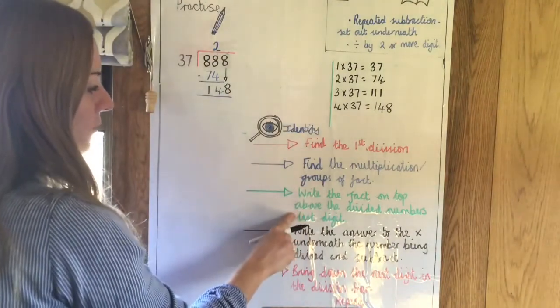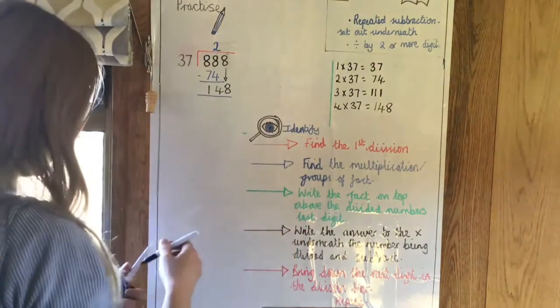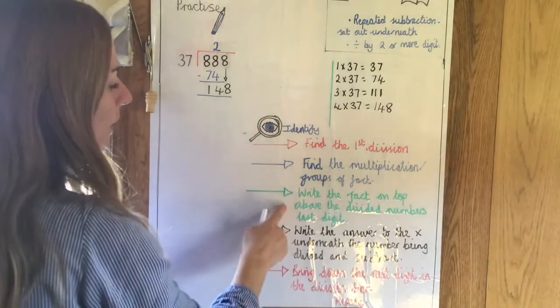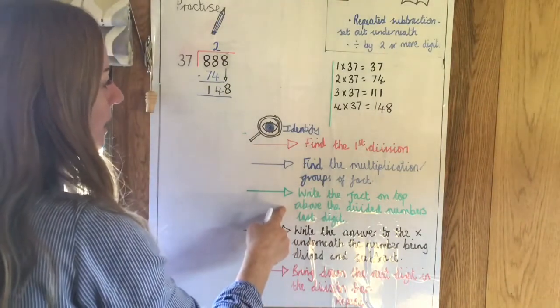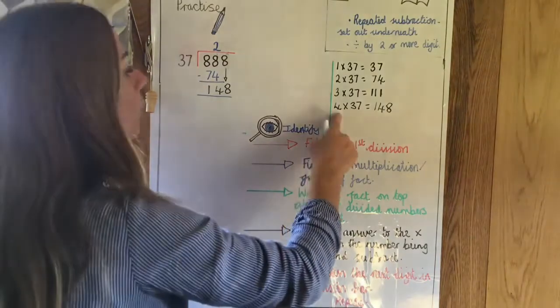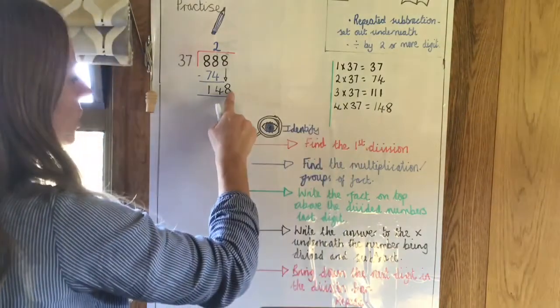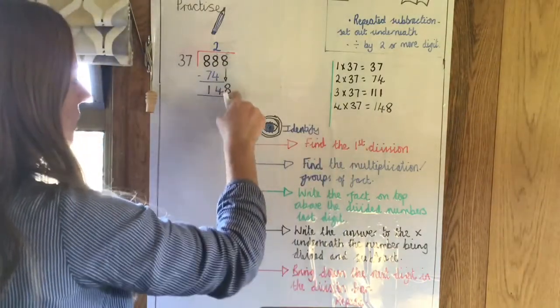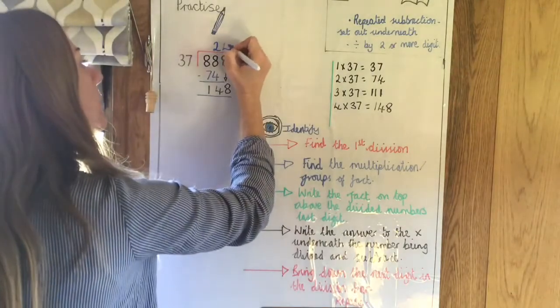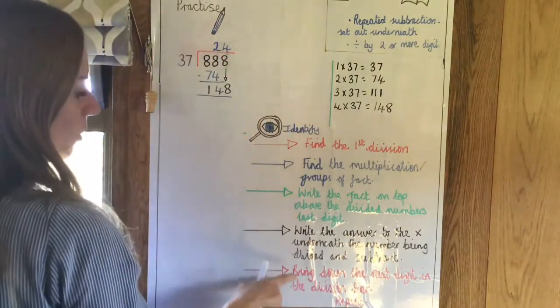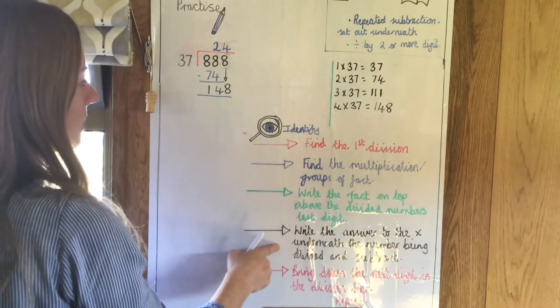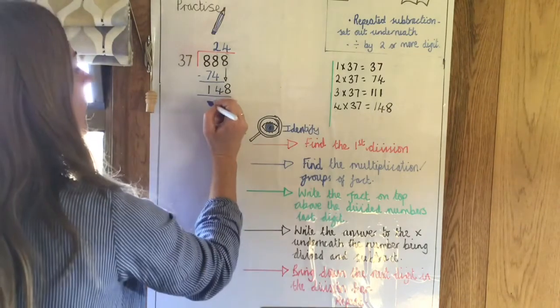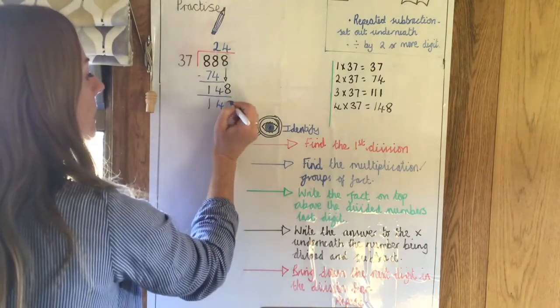So we're on this step. Now we have to write the fact above. So we'll get my blue ready. The multiplication fact that we have found nearest to 148 is 4 lots of 37. So you write 4 where the last digit is that you divided. That's where we brought that one down. And then you do this step. You write the answer to 37 times 4 underneath. So 148. And then you